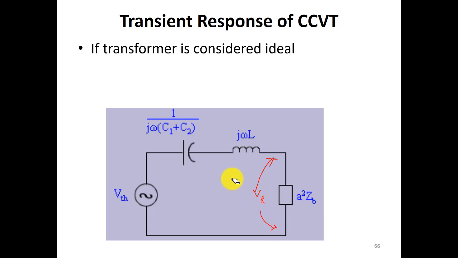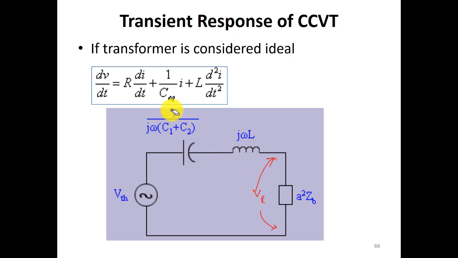Simply by writing the equation for this RL circuit we can find this. So we can write this equation: V = R di/dt plus